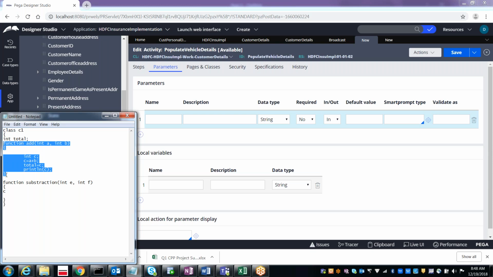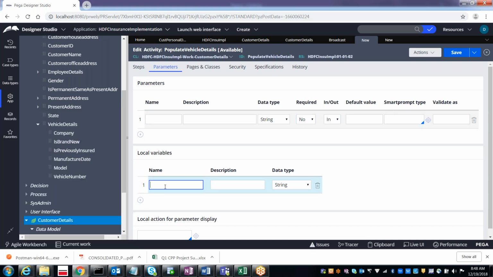But in function subtract, can I use total? Yes, exactly. Why? Because total is available across the class. Total is part of this class, so all the functions within this class can access it. In the same way, local variables are accessible only limited to the activity, whereas parameters can be accessed from outside the activity as well.